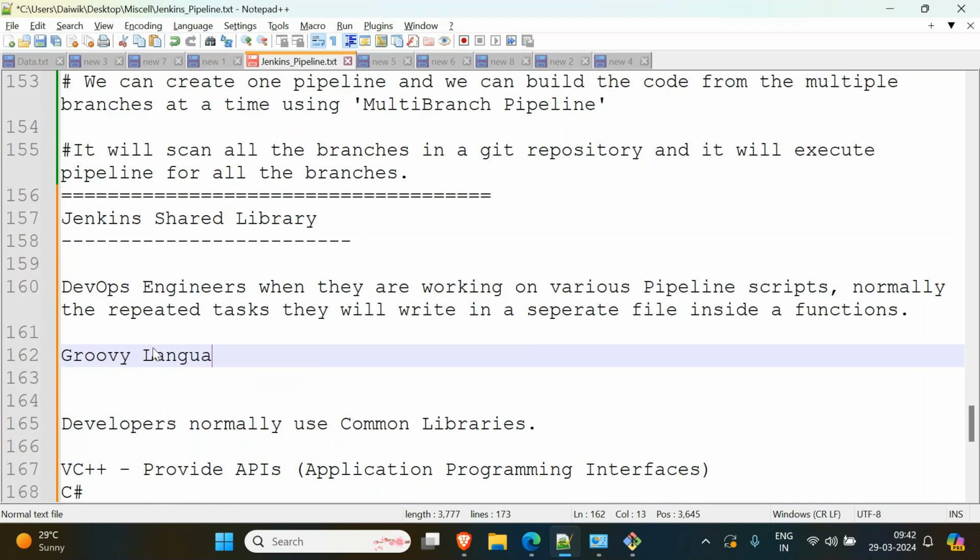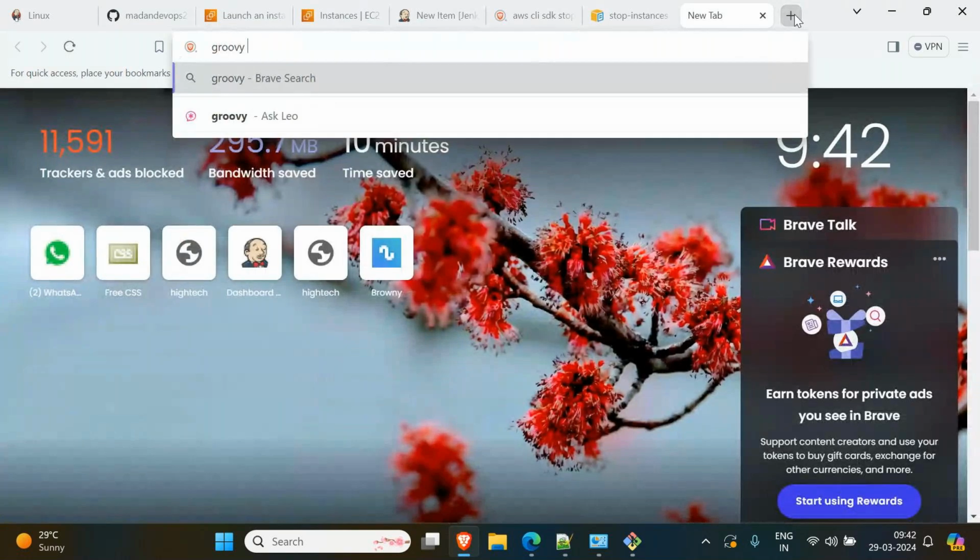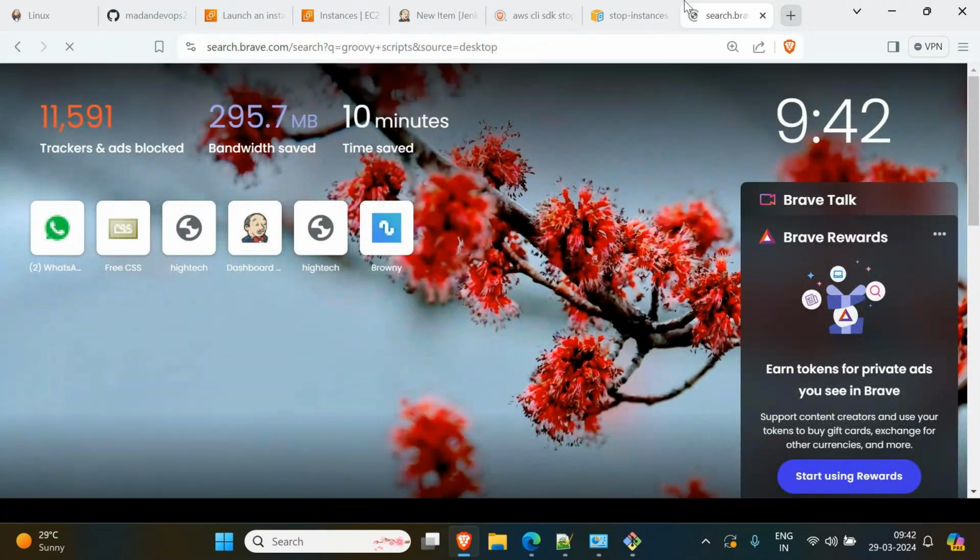Okay. So they can also say Groovy script. You can go through this. There are very many sites where you can learn over here. So groovy.lang,